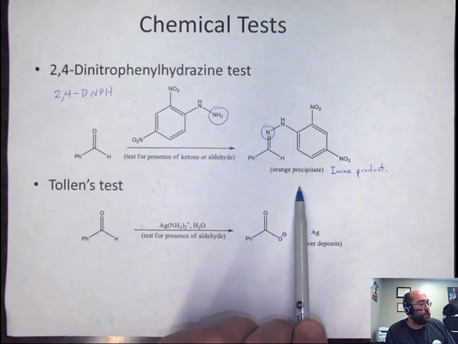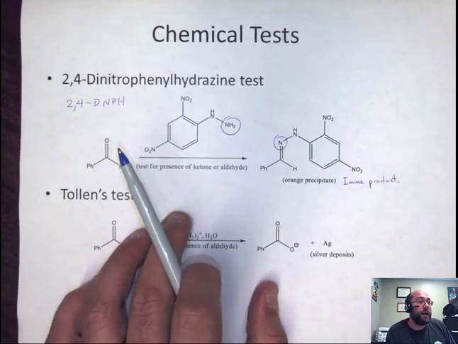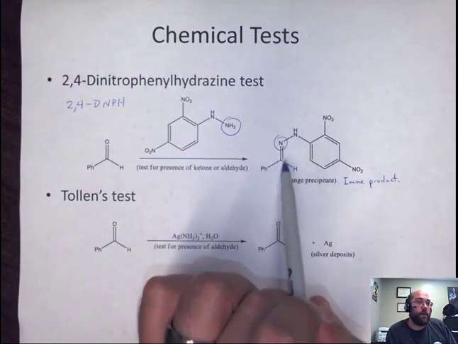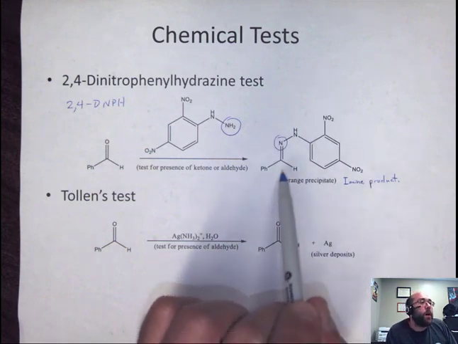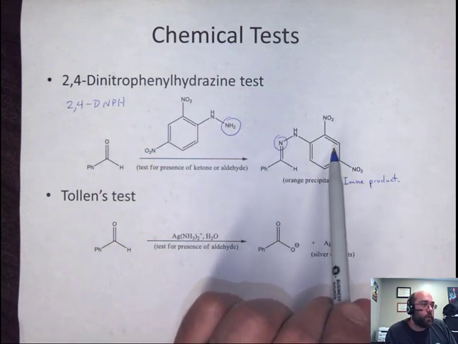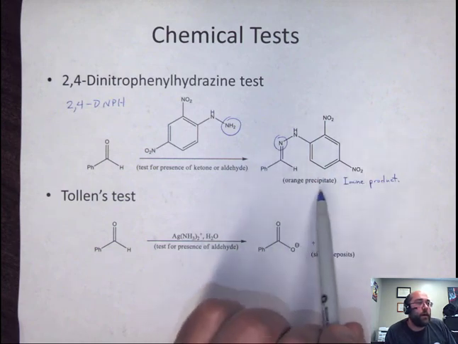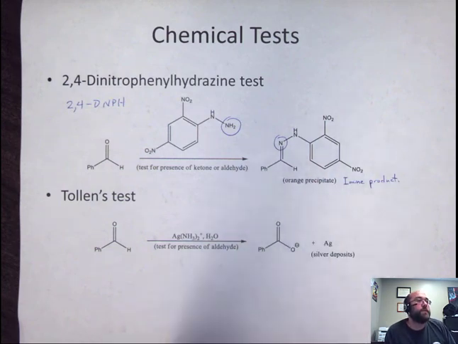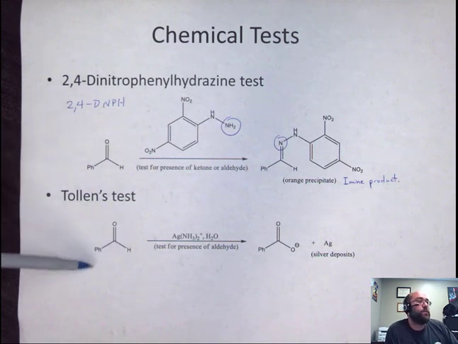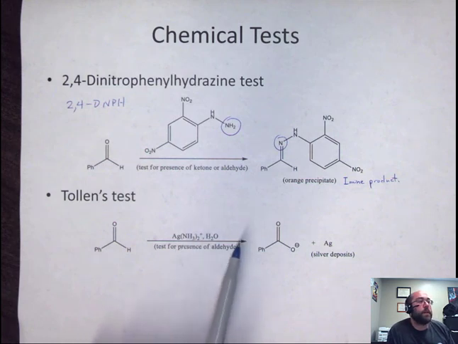If you see an orange precipitate, which is an imine, that is a positive test for ketones and aldehydes. There's also a Tollens test, which is specific to aldehydes, and you use this silver ammonia complex